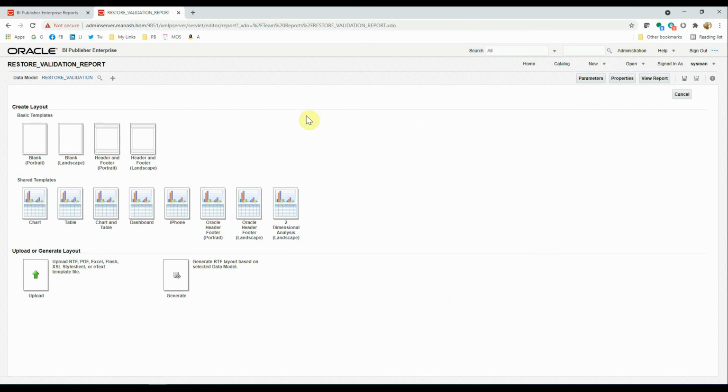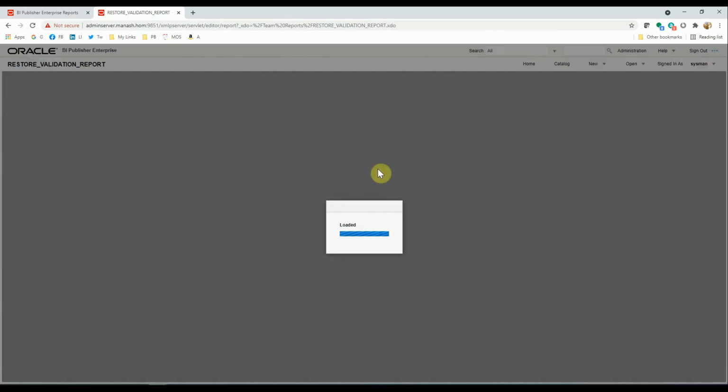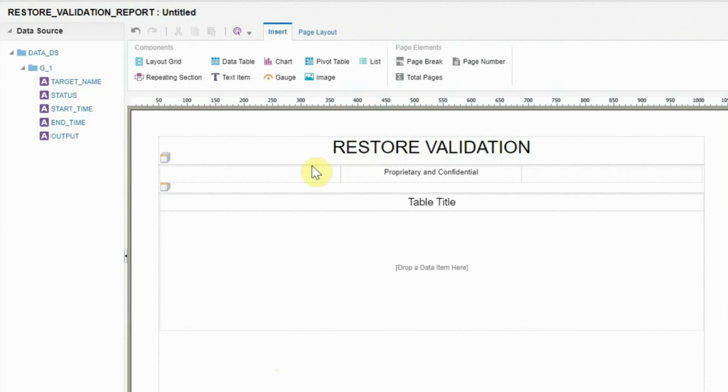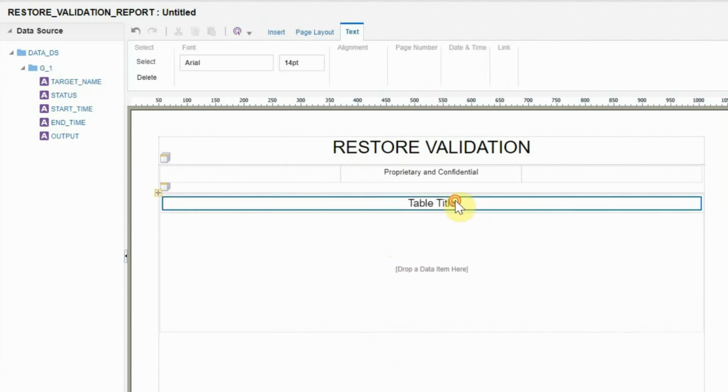Similarly, we'll use a tabular template. Report title will be restore validation, center align. There are a lot of formatting options here, and you can design your report as per your own design specifications or guidelines of your company, or the way you like. Table title will be